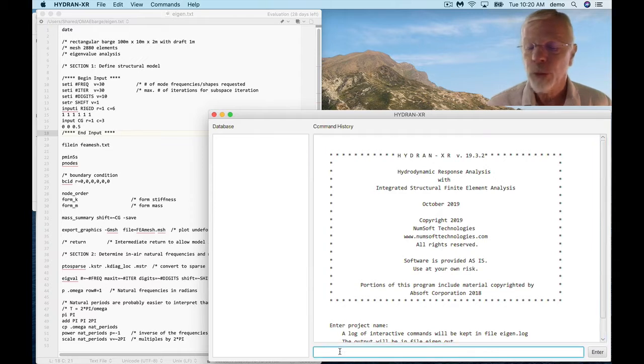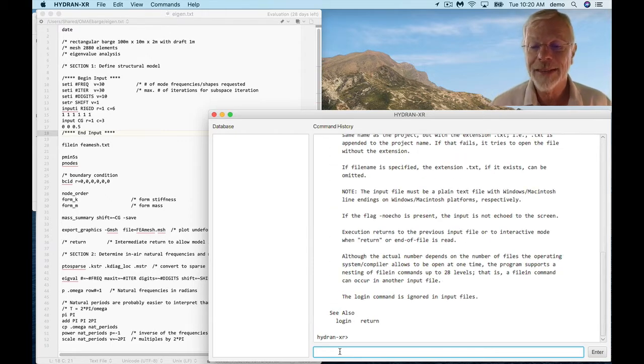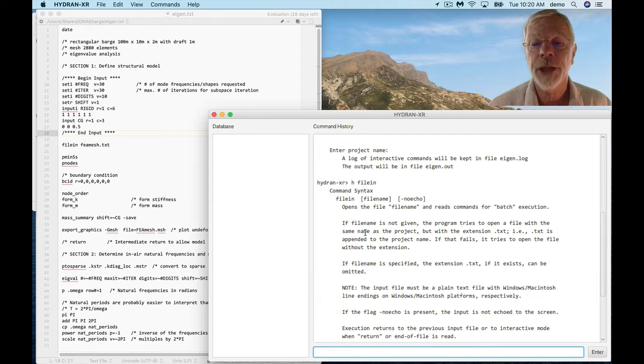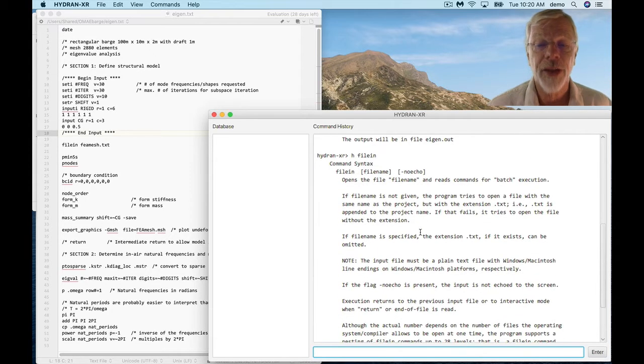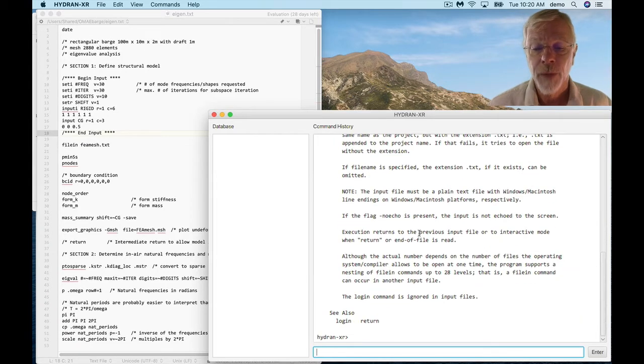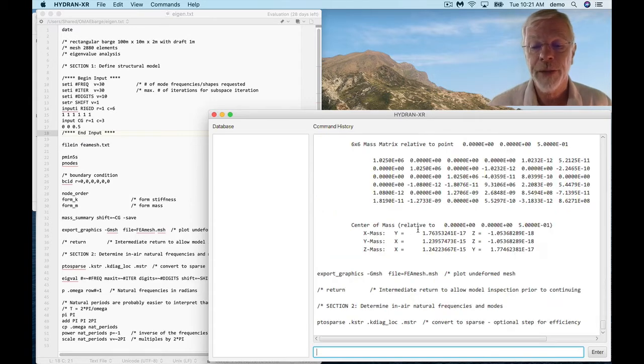Or, if we're working interactively and we just want help on a specific command, I can type in help file in, for example, and get exactly the same information as in either the help.out file or the command reference file, because this is how that information gets into help.out or the command reference. All right, so let's do file in, and it first goes through and forms the